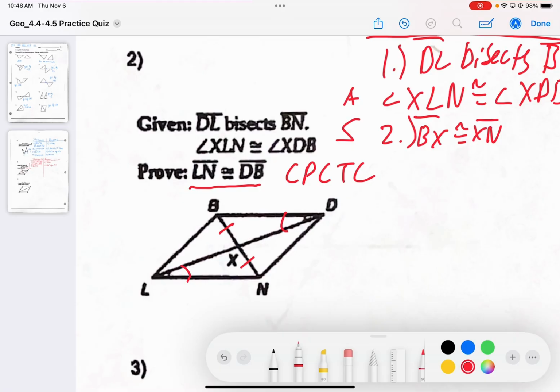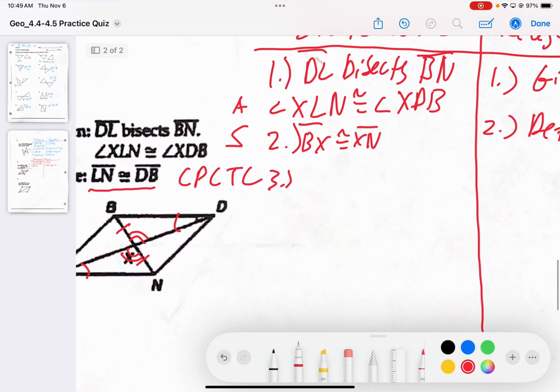Okay, so what's that mean, Prabnar? What can I do with that? Yeah, but I'm going to do something else with X. Vertical angles is what I'm going to use. So I'm going to say that these angles are congruent to each other in the middle. Okay? All right, so then that's BXD